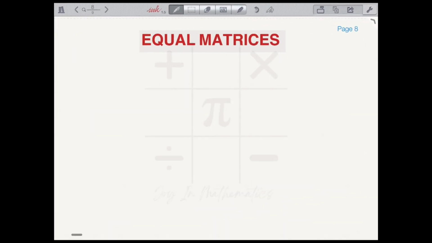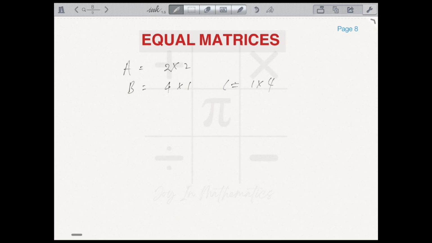Now we have seen different forms of dimensions of a matrix. We can say that a matrix can be 2 by 2, and a matrix can also be 4 by 1, and it can also be 1 by 4. All right, so when we now say a matrix is equal to another matrix, let's take, for instance,